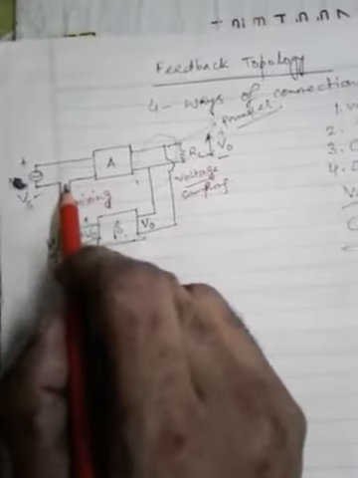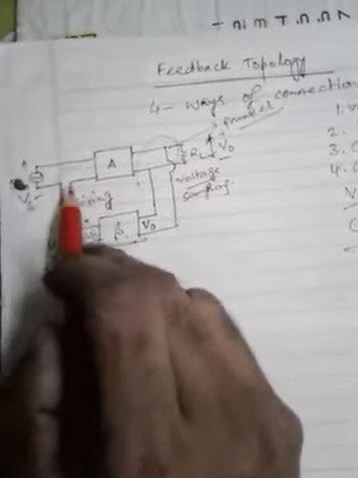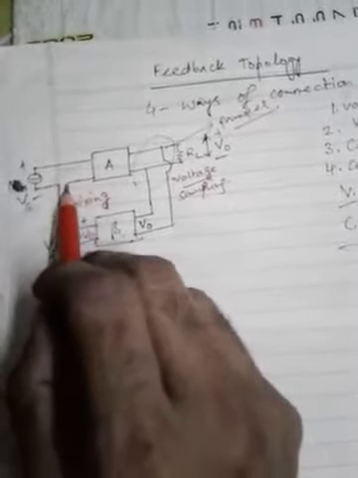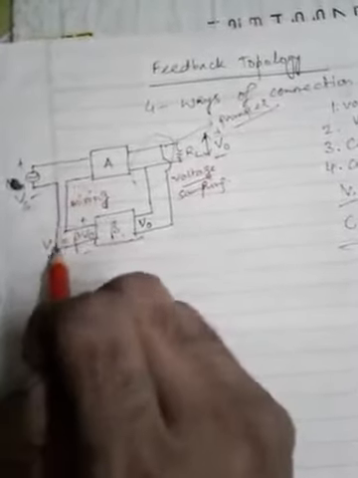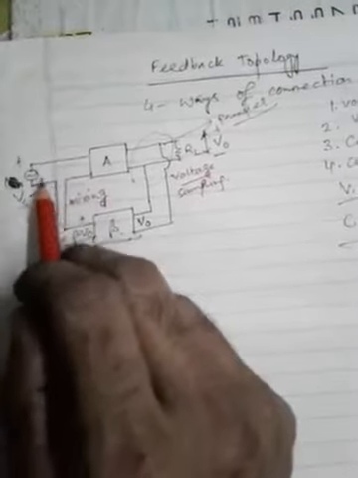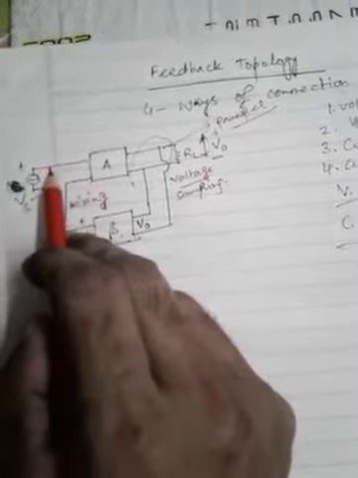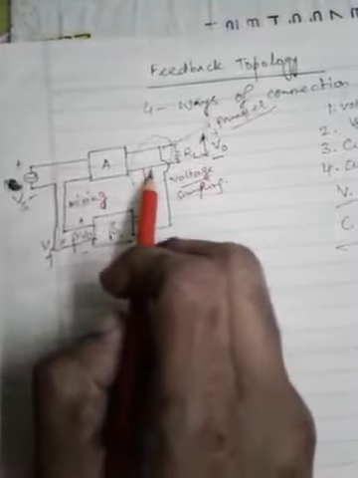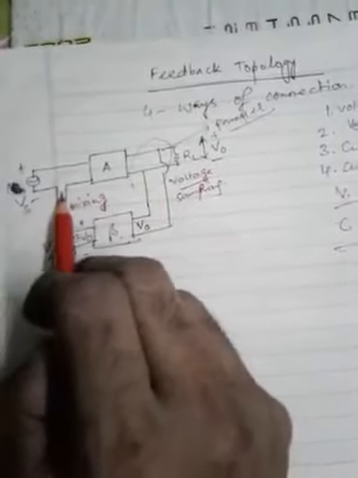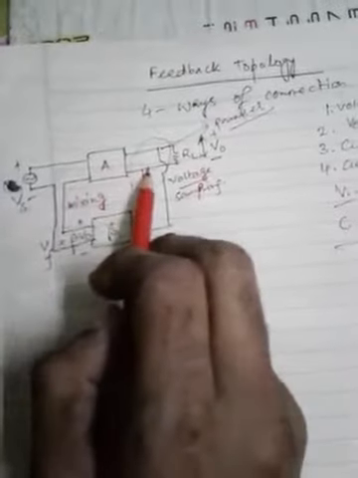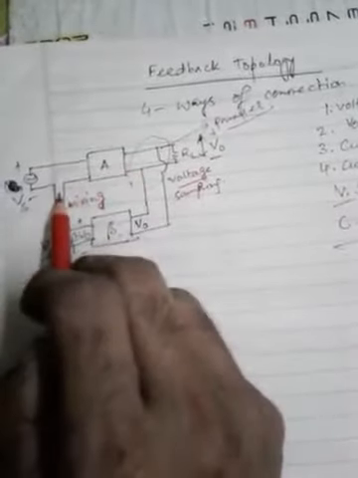This is not a shunt mixing, because had it been shunt mixing, then one connection will be connected over this path and another connection will have to be connected bridging this path to the above connection. That means this is parallelism, but this is seriesism. This is connected in parallel, this is connected in series.